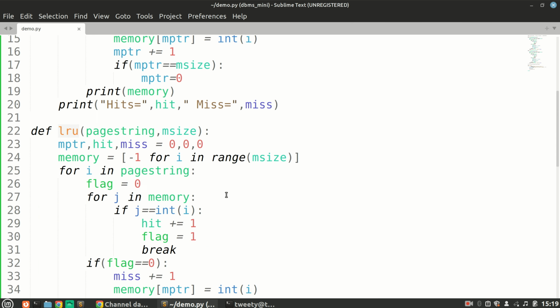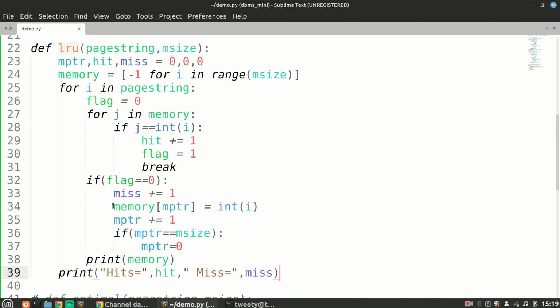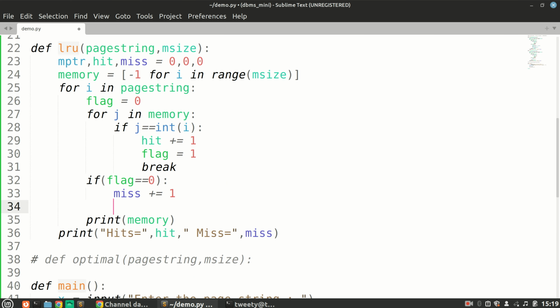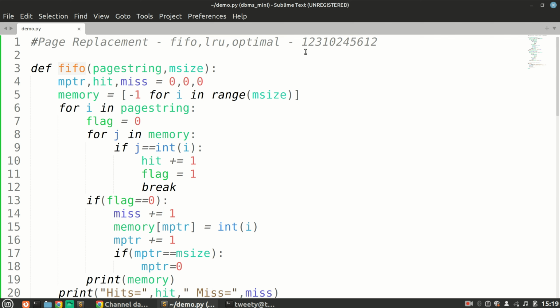Now our replacement strategy was present in this section, the page replacement strategy. I'll just cut it out, and here we have to implement our LRU strategy now. Comments in Python are different. This is the LRU part. What we'll do in LRU, for any page, is scan the string on the left